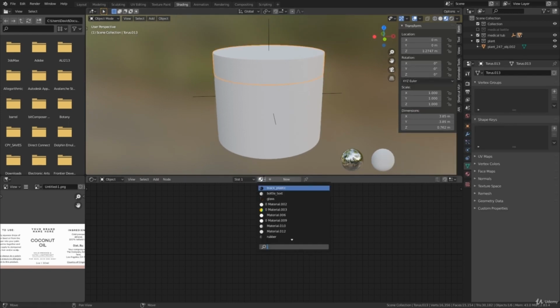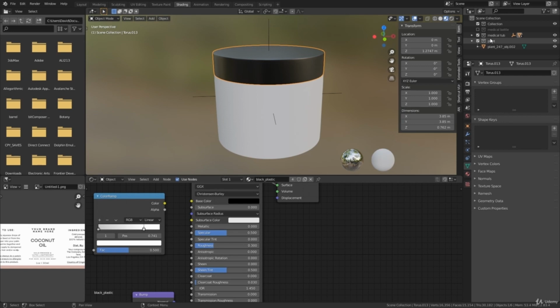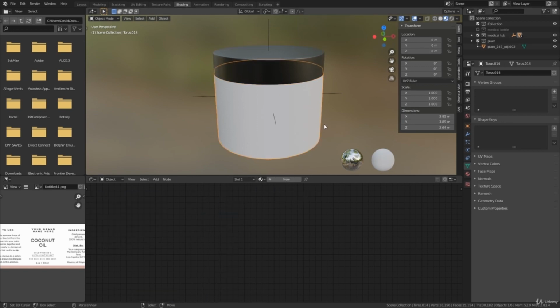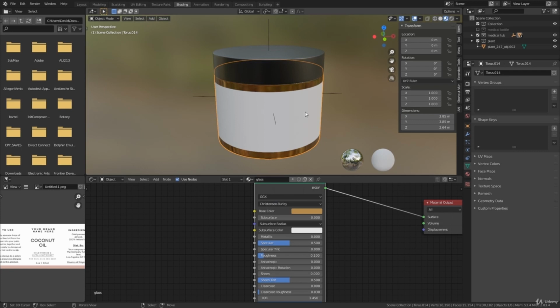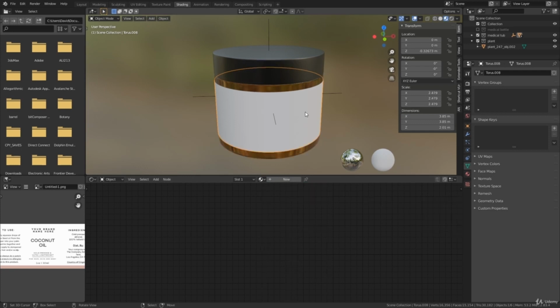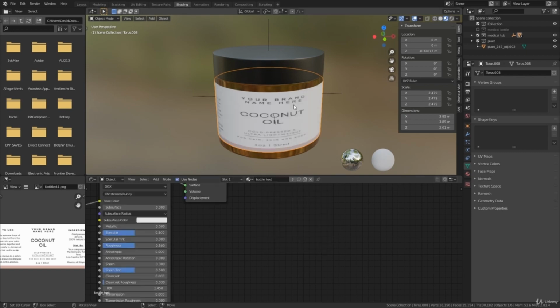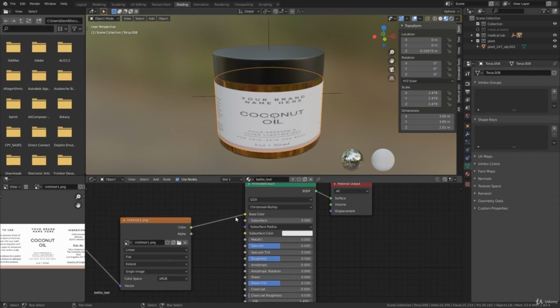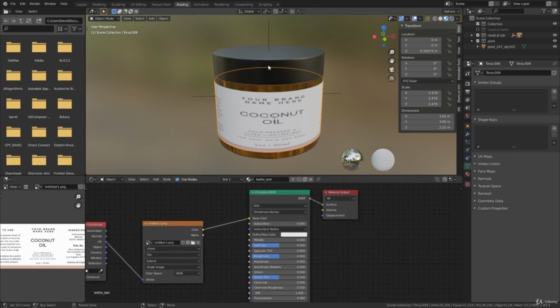This lid is going to be the black plastic that we have created before. And for this glass, we are just going to put our glass material, right? So very, very simple. For this one though, I want to grab our label material, which is this. But you can see that, yeah, it doesn't really fit on here. And I have created another label for you guys especially for this little bottle. So just click on this duplication, then just rename it to medical top